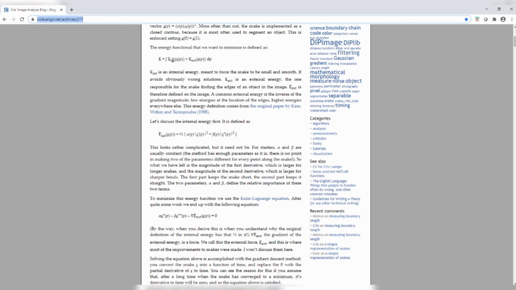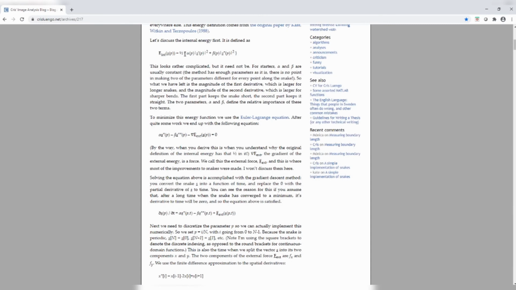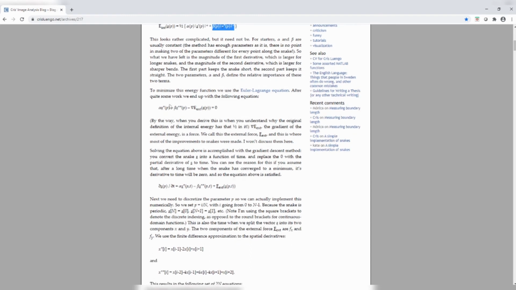Otherwise, it's quite straightforward. The total energy is the sum of internal energy and external energy, and then of course you can expand that as we discussed. Internal energy is a sum of alpha times your first order differential and beta times your second order differential. Then we can have this expression for the total: the internal energy minus the external energy. Always remember the negative sign is because I want to maximize the energy in terms of intensity difference, but the overall objective is minimization. That's why I put the negative.